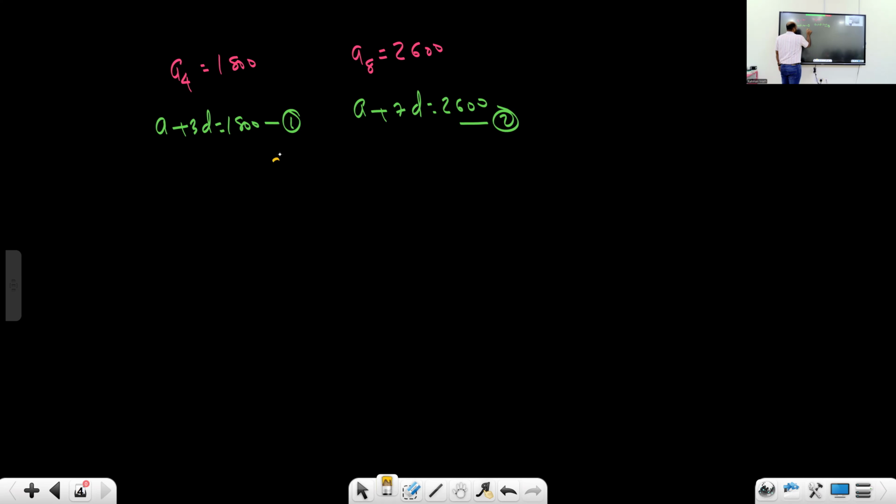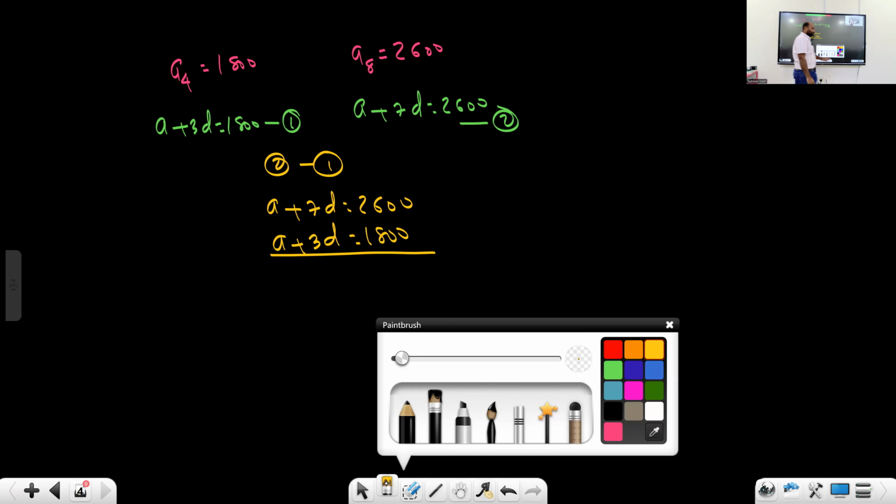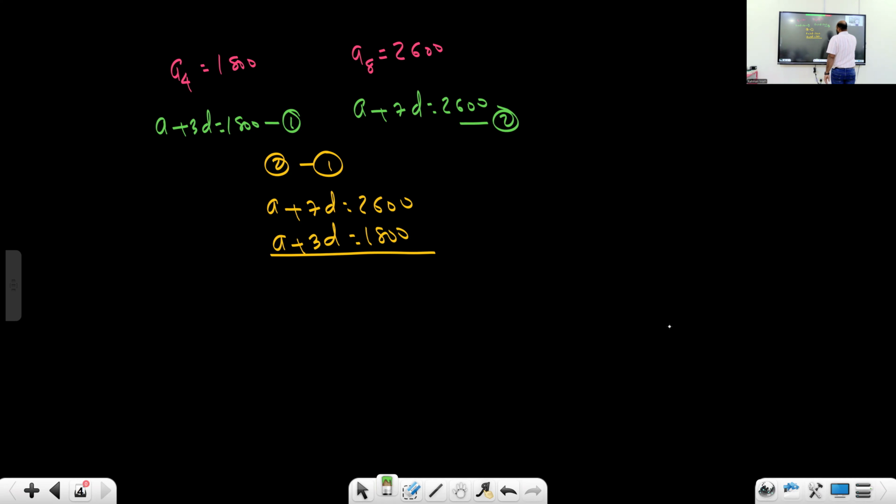2 minus 1. A plus 7D equal to 2600. Or 1 minus 2 also you can do. Everybody solve. No need to wait for me. Subtraction. A cancelled. How much D? 4D equal to